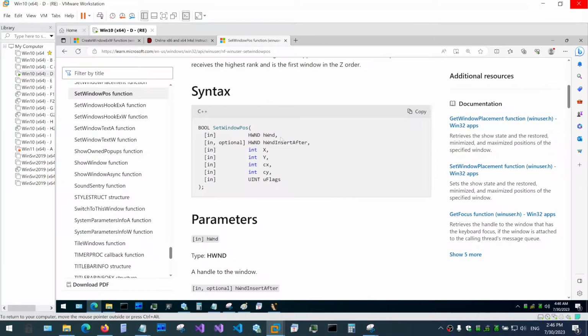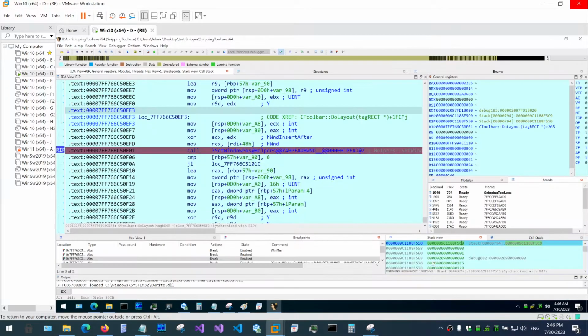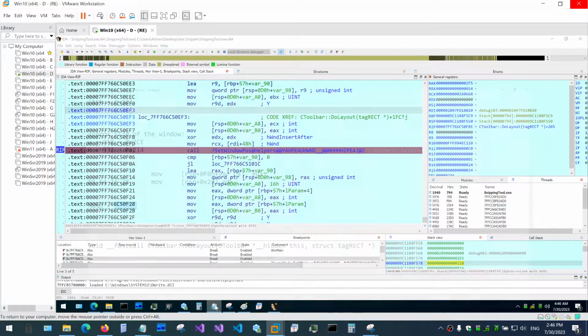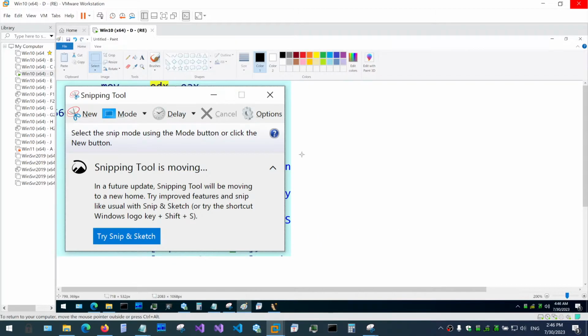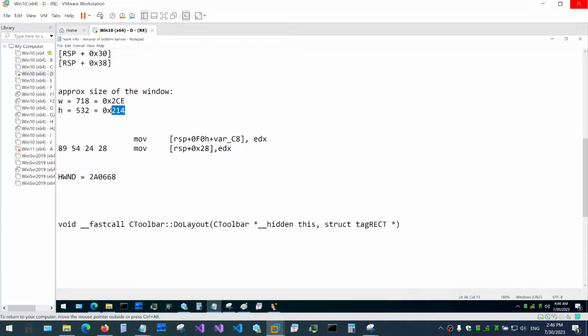The height is again 1, 2, 3, 4, 5, 6 parameter, and it's passed on a stack in this case. And we go like 1, 2, 3, 4, 5, 6, and the height is 220. If you remember, we calculated the height, and it is really, really close. Now, obviously what I did, I just did a quick outline with Paint here, so I might have missed a few